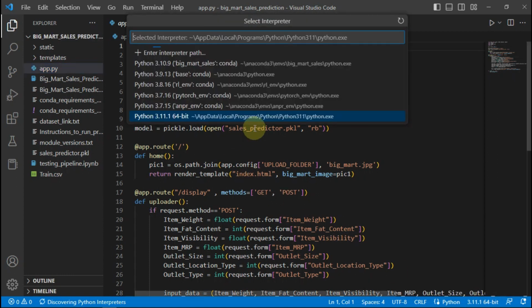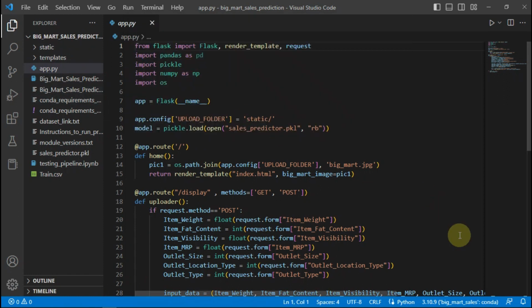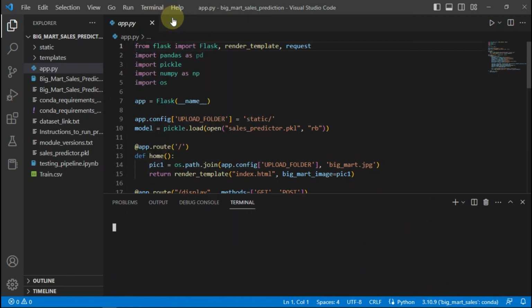So this one is the interpreter which I have installed on my machine, but all of these other interpreters are just like the environments I showed you, right? So I can create a dedicated environment for my project, and then I can choose that. I have already created that, and to run this I'll go to terminal, new terminal,